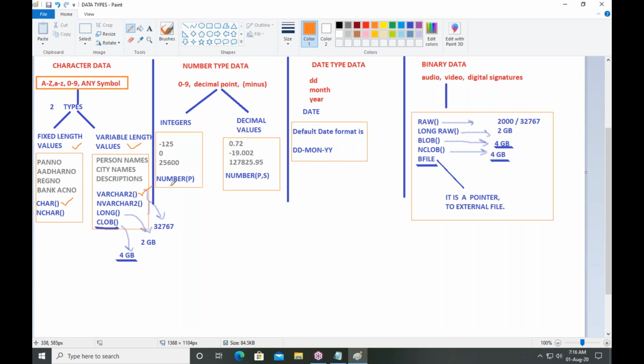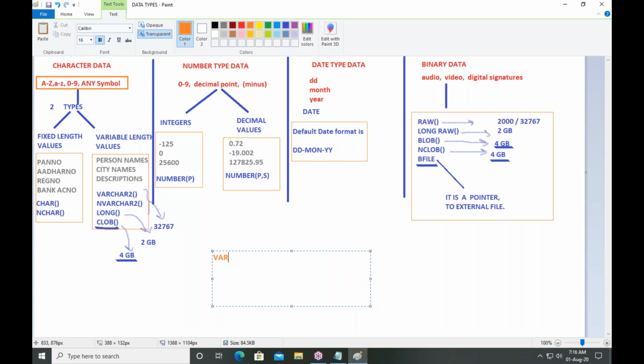So many people are confused. Sir, why are they giving varchar2? Actually, in the beginning days, the old name of varchar2 was only varchar. The first data type is char. But for all values, if you are using char, what will happen?